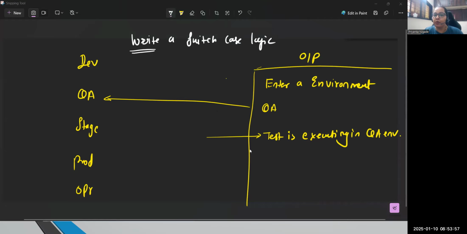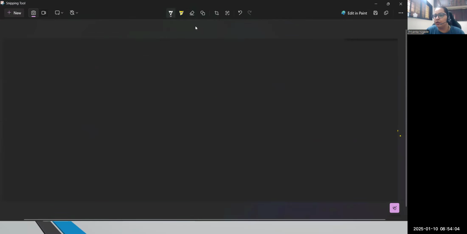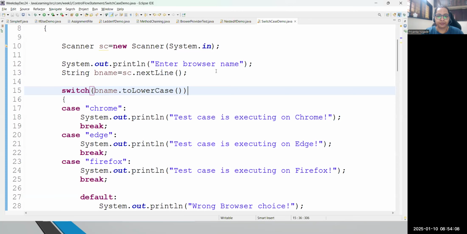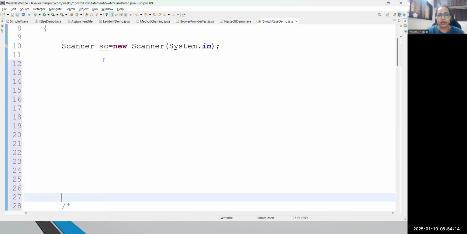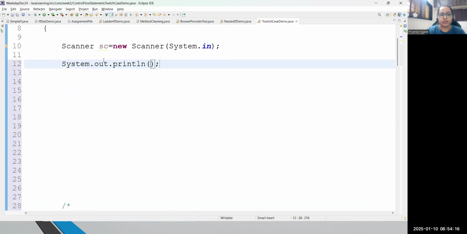So I hope the point is clear, right? Now see, there are many examples you can try. Suppose what I wanted to do, let me show you that example. So this is our browser scenario. Again, I'm commenting the code, and in the same program, I'm writing another scenario. Suppose we were asking the user to enter